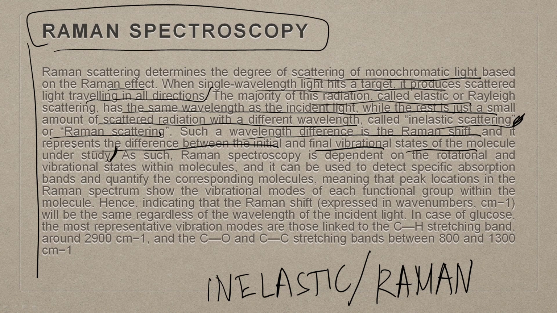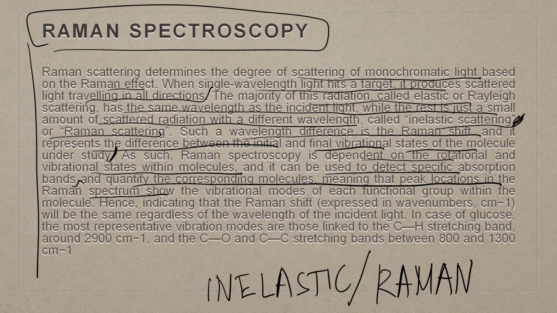As such, Raman spectroscopy is dependent on the rotational and vibrational state within the molecule, and it can be used to detect specific absorption bands and quantify the corresponding molecule, meaning that peak location in the Raman spectrum shows the vibrational mode of each functional group within the molecule. Hence, the Raman shift expressed in wave numbers will be the same regardless of the wavelength of the